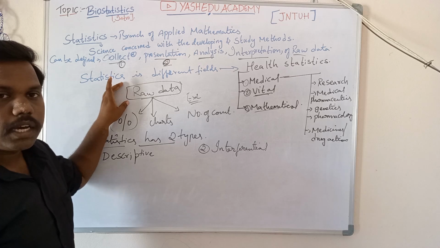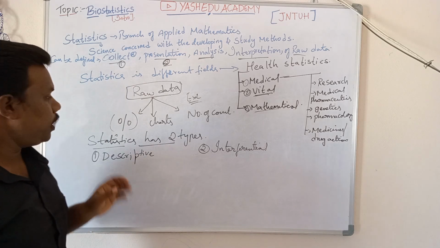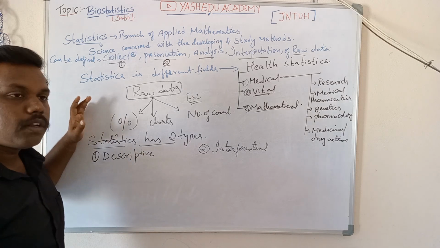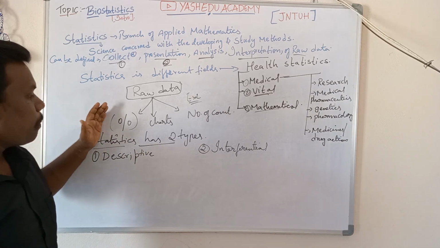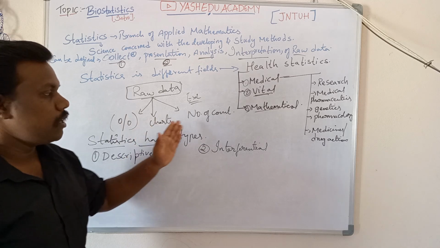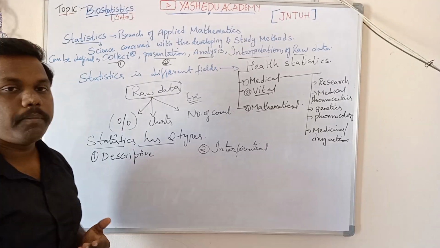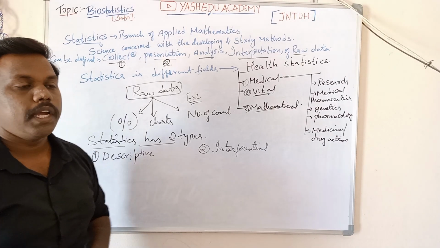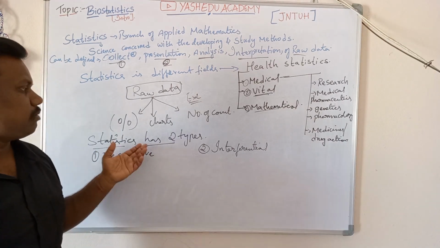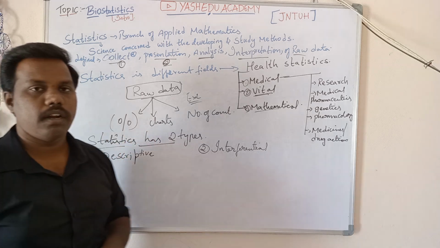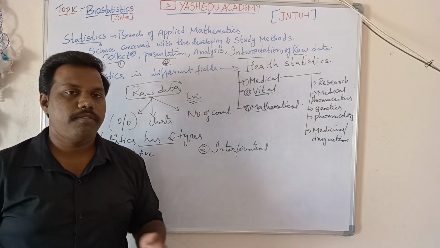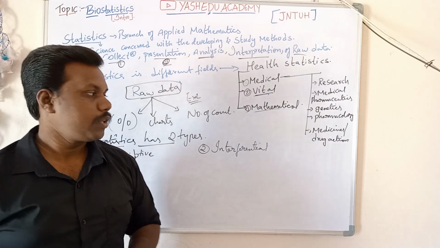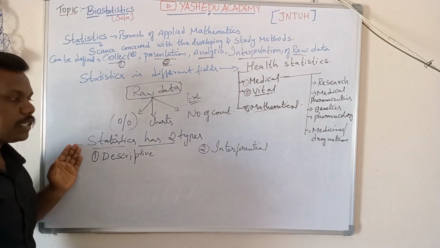When the raw data is collected, it may be available in various ways. For example, the raw data we have collected is in the form of percentages, charts or number counts. It depends on the source of information collected. It is available in various ways like percentage, chart and number of counts of any health statistics. Okay, so here the statistics